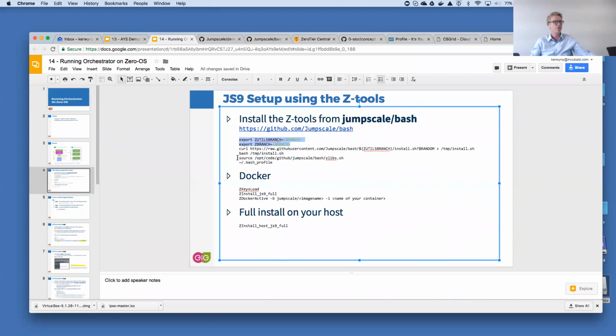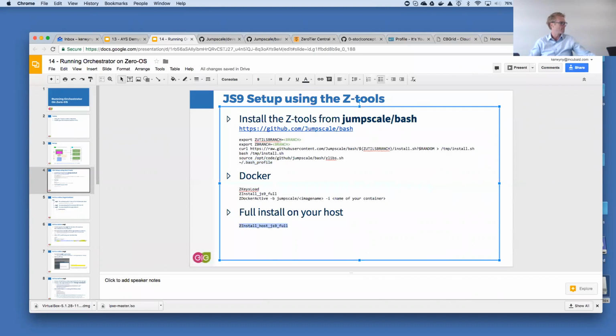It's quite straightforward. Don't forget, once it is installed, to use the source command here. And then you probably need to update your bash profile, by running your bash profile in a new session. And once that is done, one single command, z_install_host_jumpscale9_full, did, without any extra intervention from my part, give me a fully running JumpScale 9 environment.